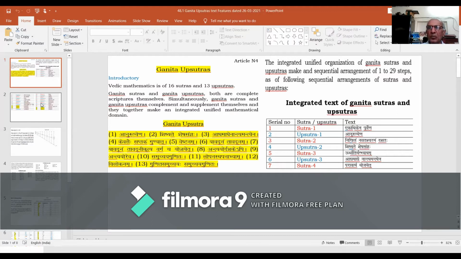Therefore, we have to have a pause here and revisit how precisely the integrated format is organized. The integrated format of 16 sutras and 13 upsutras is tabulated, and this tabulation is on the computer screen in red color for the places of the sutras, and in blue color for the places without sutras. These sutras and upsutras are arranged in such a way that